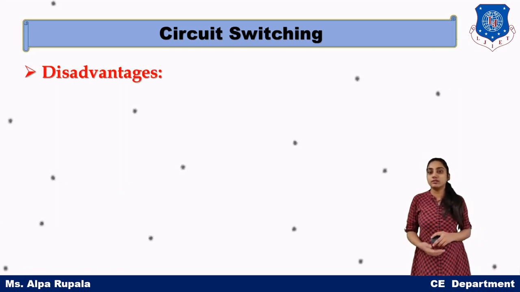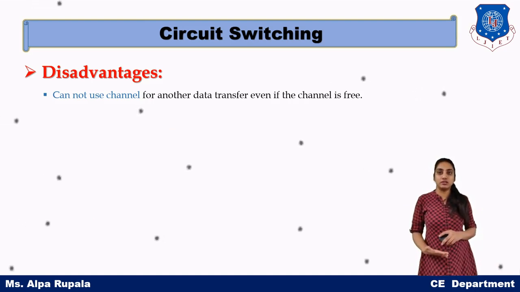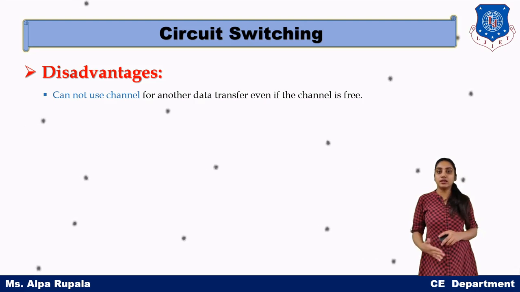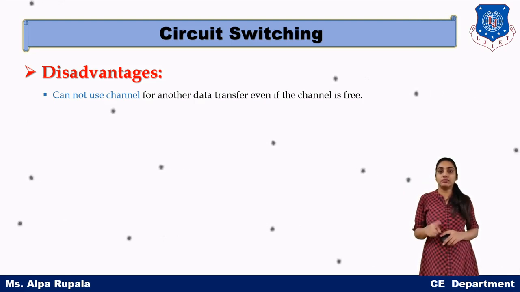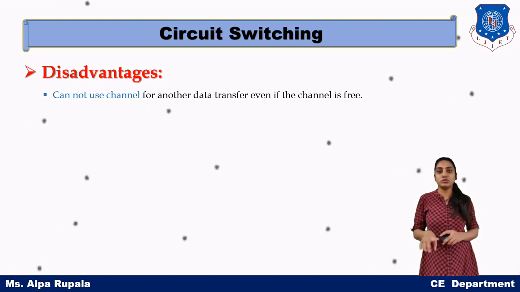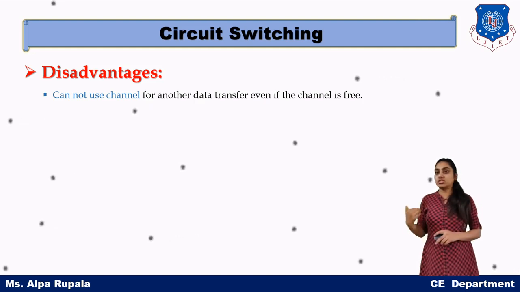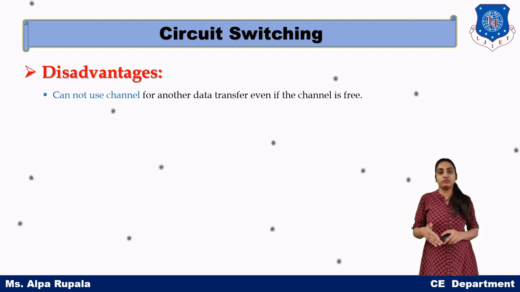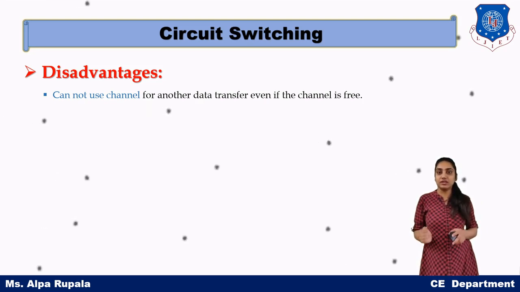But what are the disadvantages of circuit switching? We cannot use that channel until it is released by the two parties. Only if the third phase is completed can another person use that particular route. While the route is being used, no other party can use it. That means we cannot use the channel even if it is free, even if no one is talking on the phone, but the circuit connection is not disconnected. At that time, no one can use it.